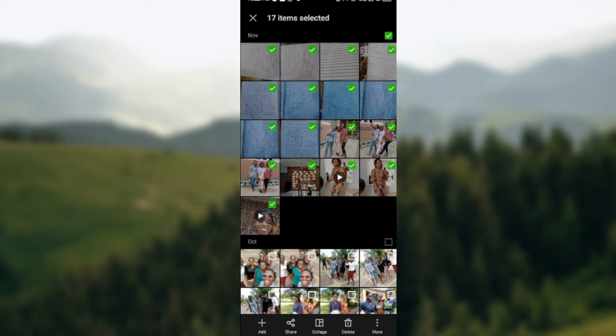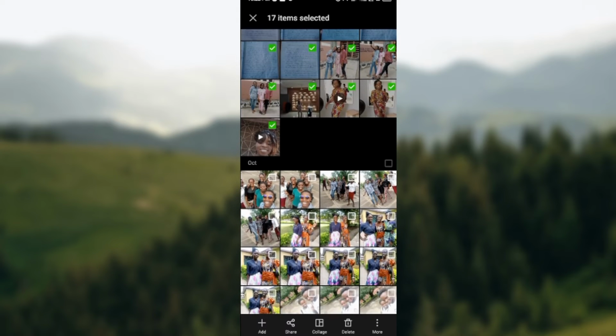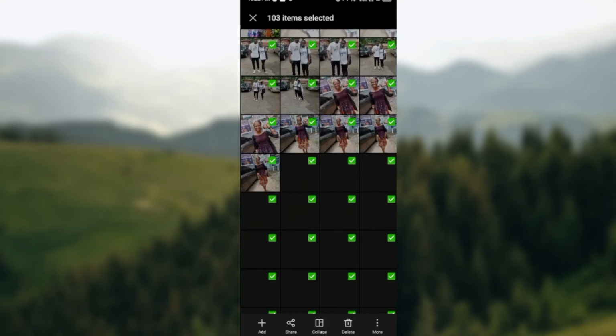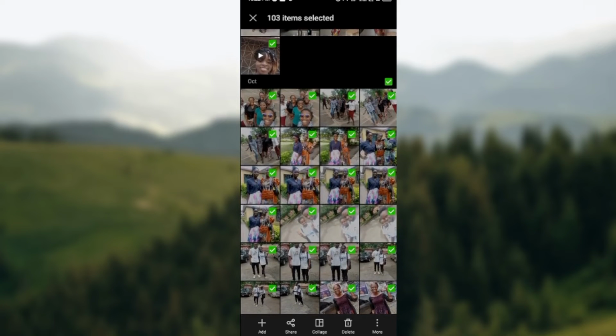All right, just click on it this way. Once you click on it, all of the images taken in a day would be selected. Go ahead and keep on checking all the boxes. And once you're satisfied with the photos that you want to transfer, by the lower part of the screen you